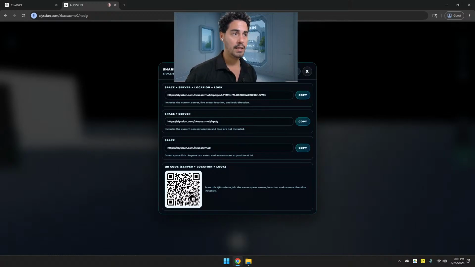The first is really good when you're just going to tell your friend, "Hey, I'm here." But with the other you can tell them you are in the same space, in the same server, and in the same position and location, plus the same point of view you are looking at.